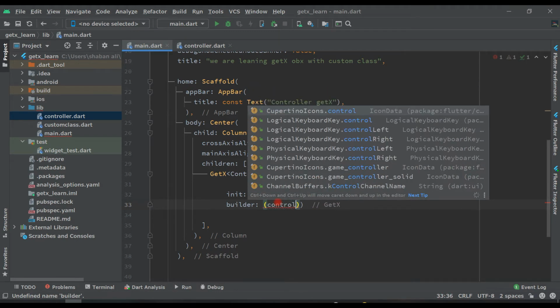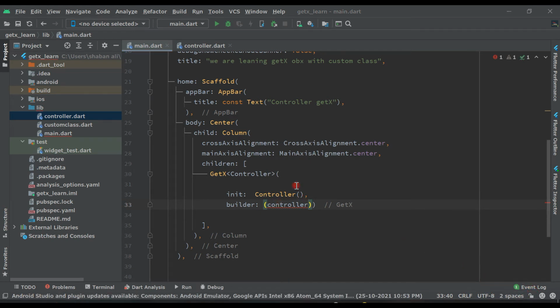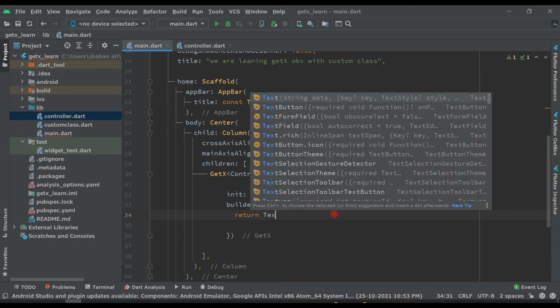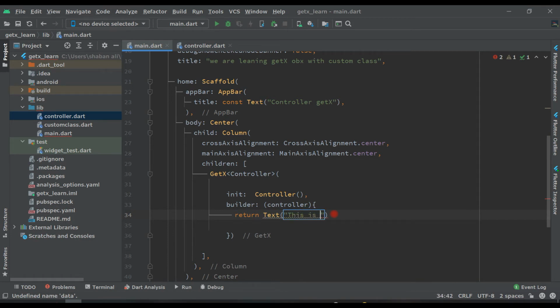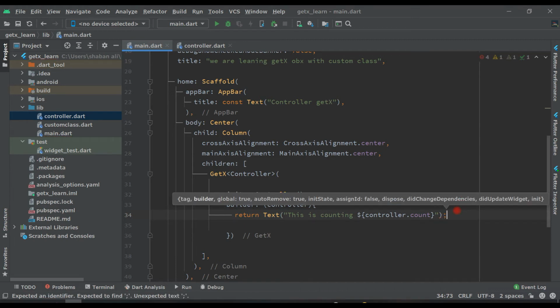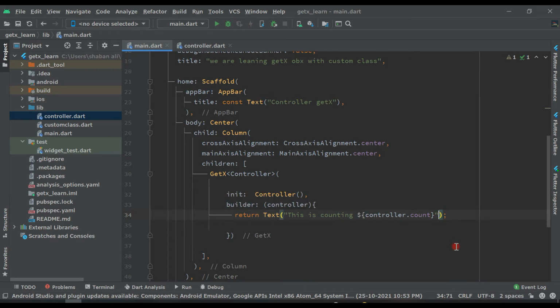and put two curly brackets here like this, and here return text, sorry, text, and here we will say this is counting, and put here dollar and two curly brackets, and say here controller, this is the instance, controller dot count, and put here comma, and then after this come here comma, and say that this the value is,